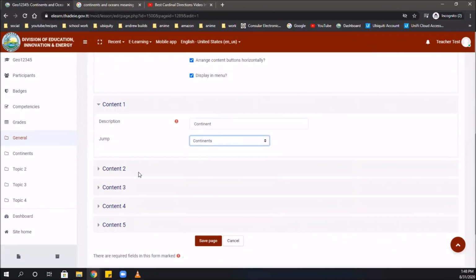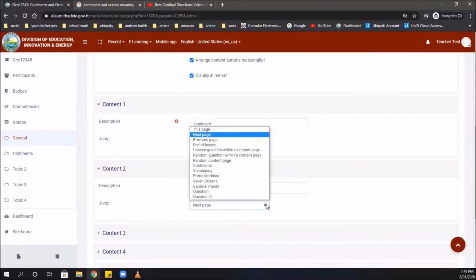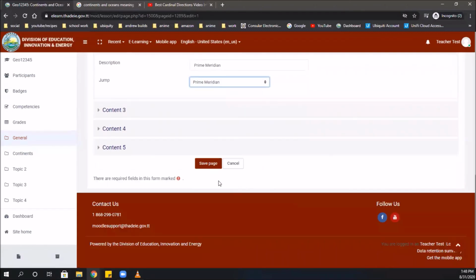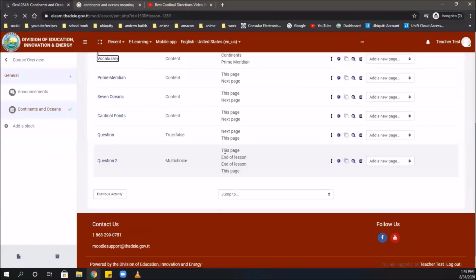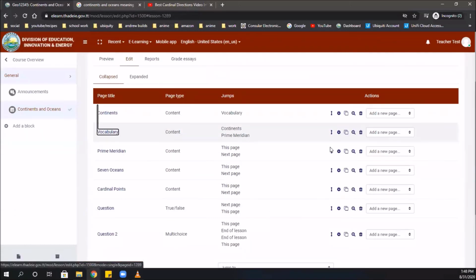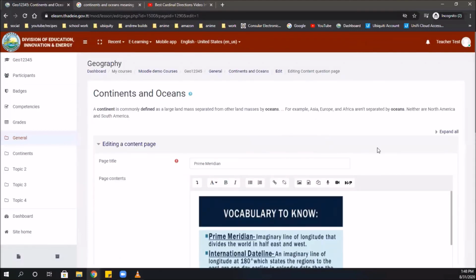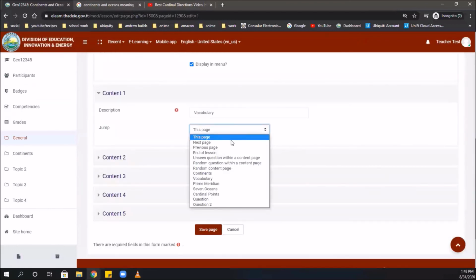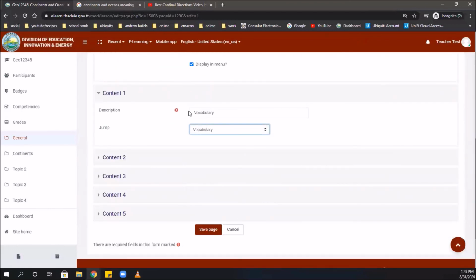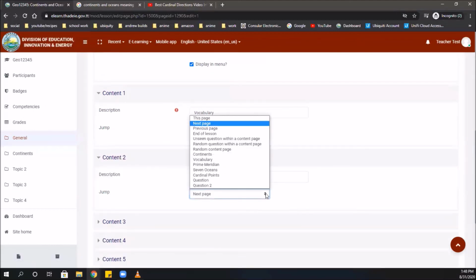So planning out your lesson is very important, so you will know how your pages flow. Again, you would see the change that has been made. Most of the times, your description will be the same as your jump. But in the event